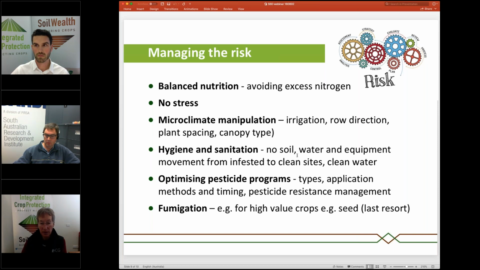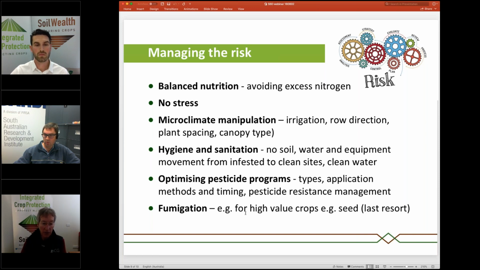Hygiene is an important one we tend to forget, but also important for biosecurity. Water testing might be a good idea if there are quite a few diseases being transferred by contaminated water. Pesticide programs are often the way we try to control diseases. If you do not do other risk management, it's probably going to be hard to control soilborne diseases with